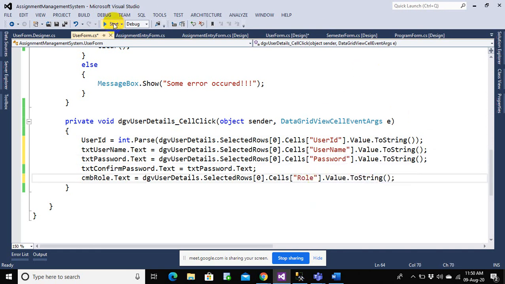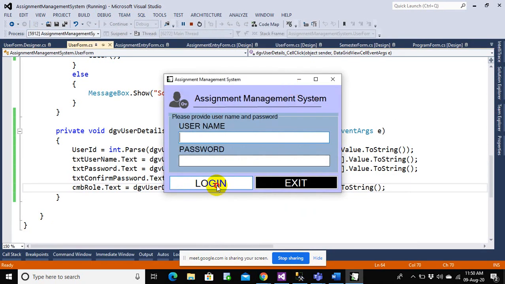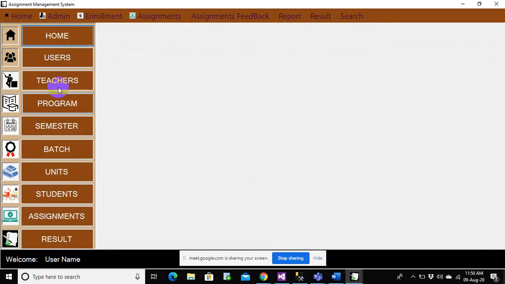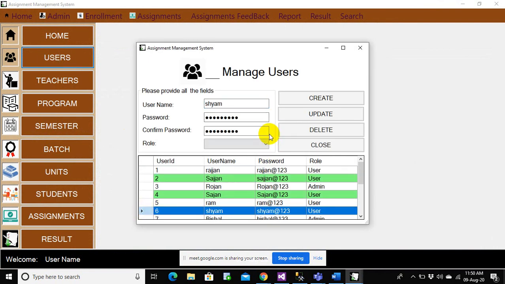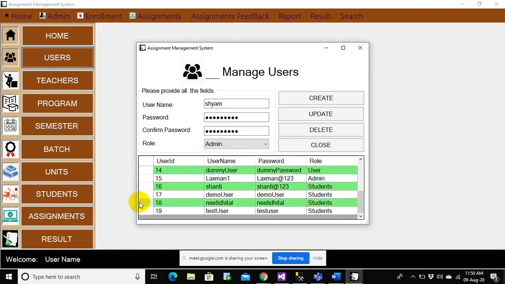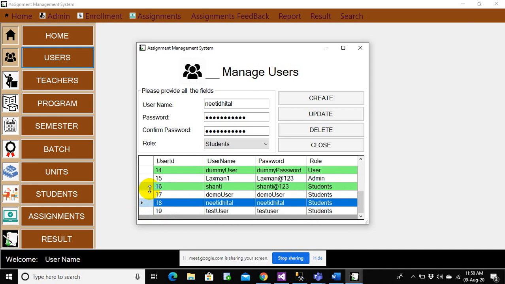So let's run this again, and I hope you get the same output here. So let's log in. Let's go to users and let's just select any one of them. Actually, I'm just skipping this part for now, and you can see you got a username, password, and a confirm password. So if you choose any one of them, okay, for this it works fine. It worked here.